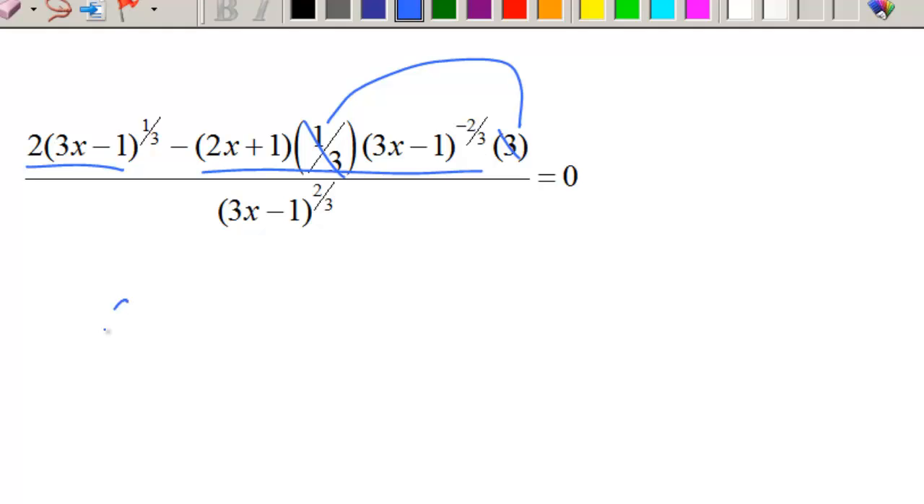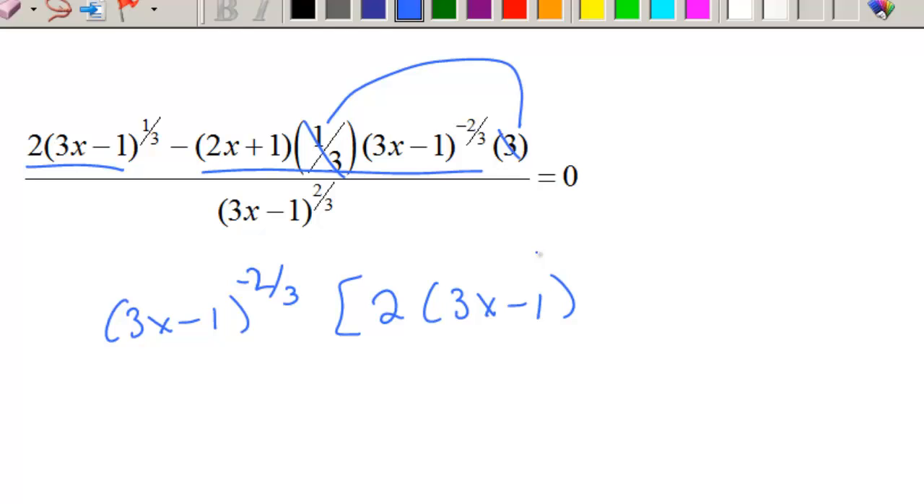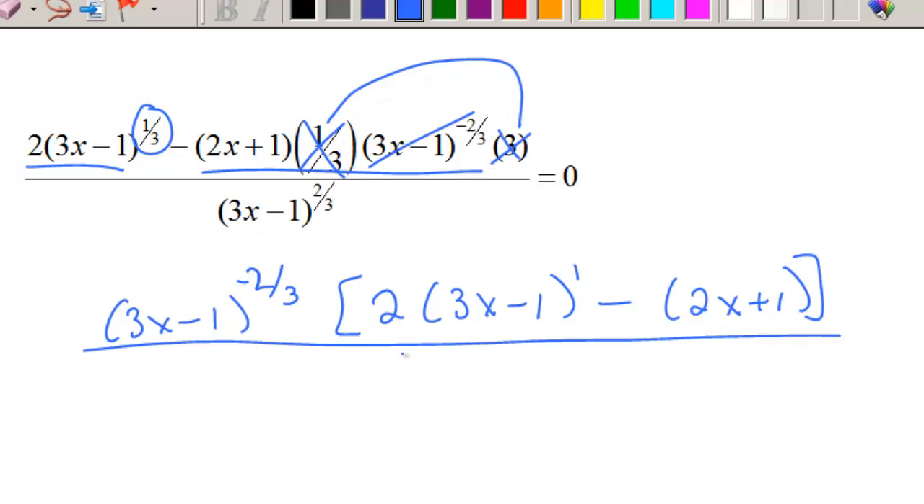I believe we have a 3x minus 1 to the negative 2/3 in common. So that would leave me 2 times 3x minus 1, but let's be careful. Let's see, 1/3 minus a negative 2/3. Yep, that's to the first power again. Then minus 2x plus 1. That went away, that went away, that went away. All divided